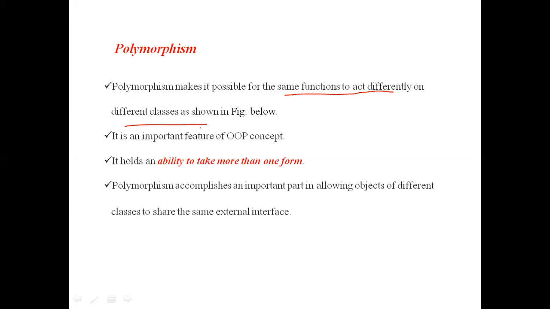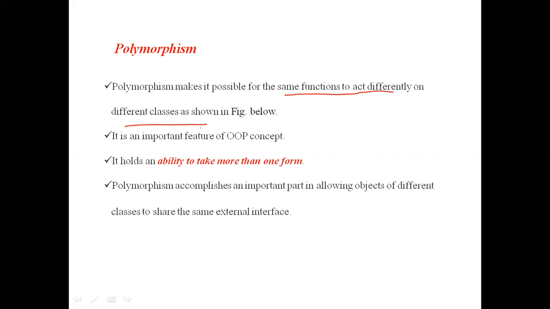Similarly, runtime polymorphism is using the same name for two or more functions in different classes, in the base class and derived class of inheritance. This is called dynamic binding.